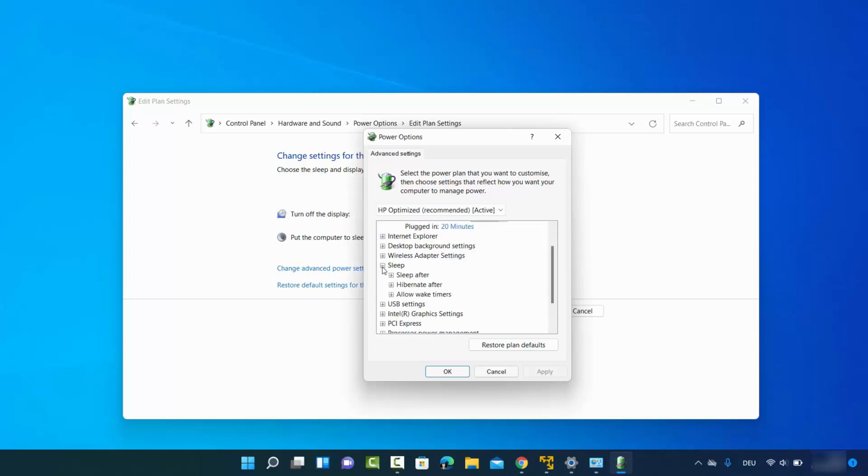And then you have the Sleep option, Sleep after, and because we have chosen Never here, you will see Never here. Hibernation, you can see it's a long time on my computer. If you want to change it, you can also change this, right? So when I click on this, I have the option to change it to Never. And then Allow wake timers, you can see right now it's disabled by default, but you can also change this. You also have the display turn off settings, which will be Never